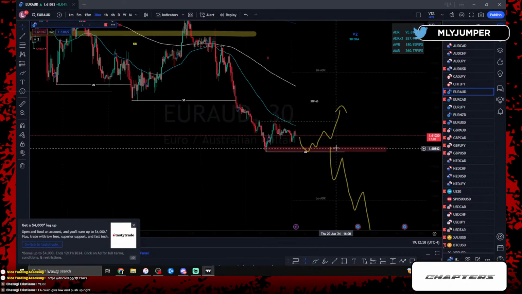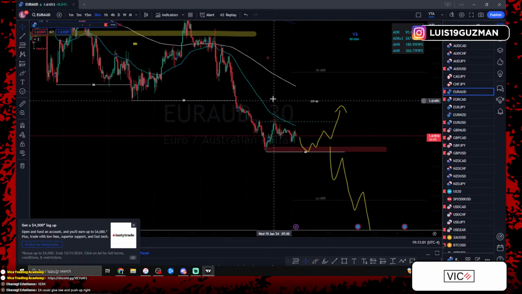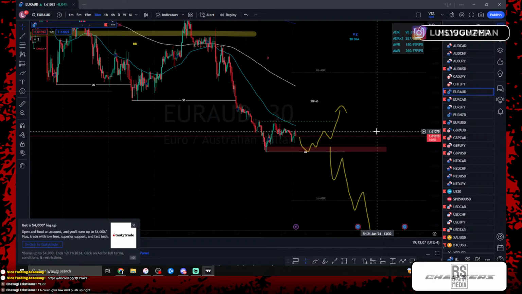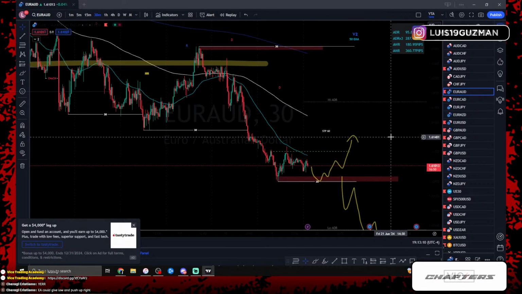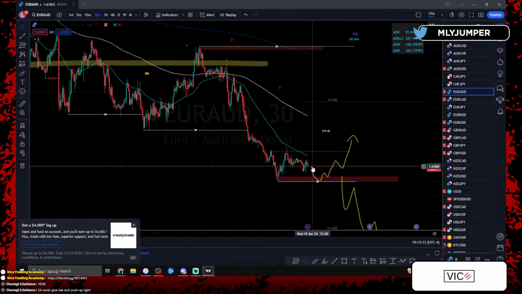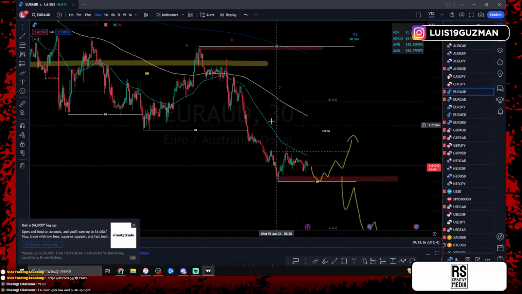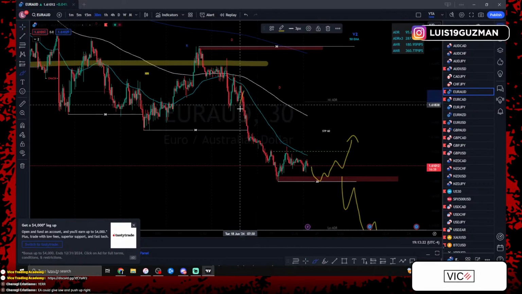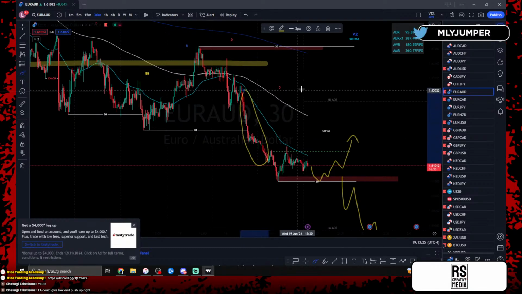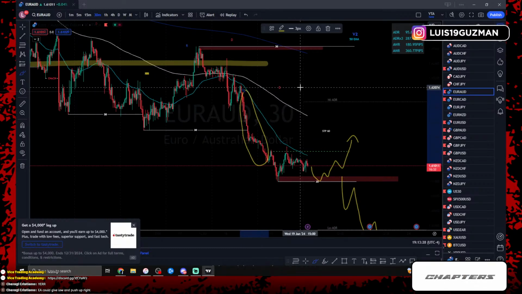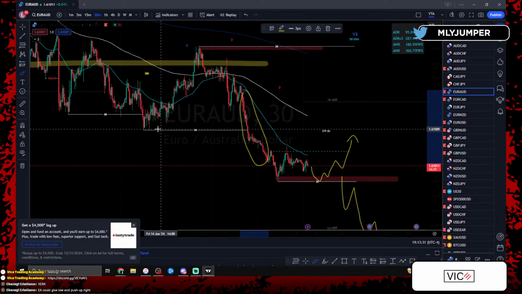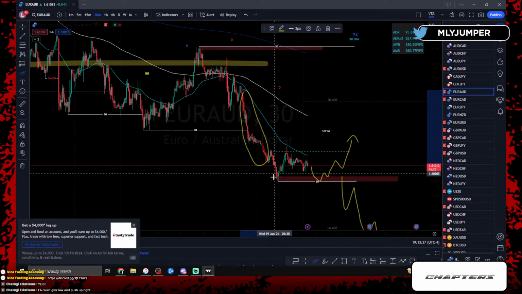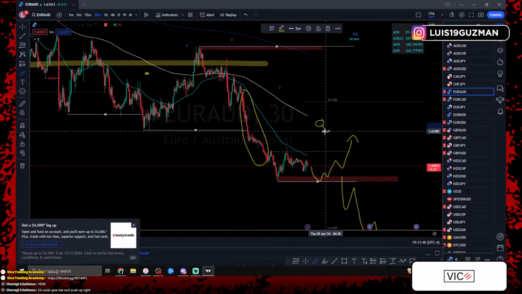Or vice versa, right? Could price just continue to drive down and give us a clean 3 days of drop, and then tomorrow price is gonna go up? That could happen as well. But I'm leaning towards more of the fact of what you're saying, that price could push down into these 30-minute lows and go up because we didn't have any pullbacks in the last day, right? The fact that we have clean imbalance moves to the downside. Could we be expecting price to go up, fill these imbalances, or even just give us a retest of the previous break of structure to then just make lower low, lower high, lower low? Could it give us a lower high somewhere here to then continue to push down to the bottom?